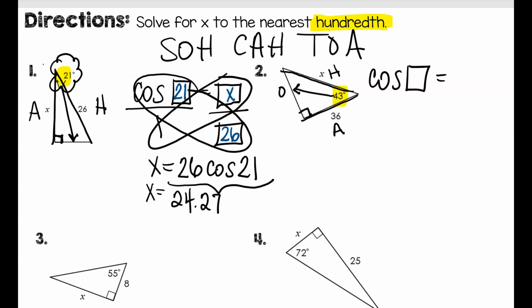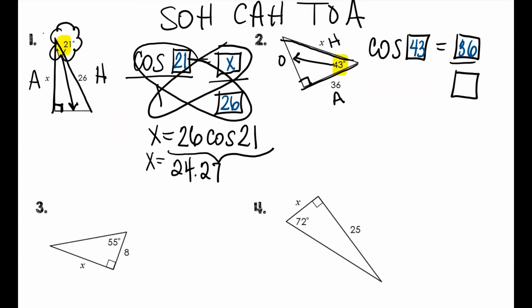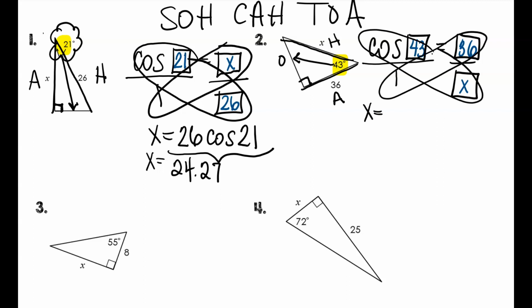Cosine of blank equals blank over blank. First blank is your angle, 43. Numerator is your adjacent, which is 36, over your hypotenuse, which is x. Sorry. All right, so again, when we cross multiply, make a mental note, x is in the denominator, so we're gonna have to divide. So when I cross multiply, it'll be x cosine 43